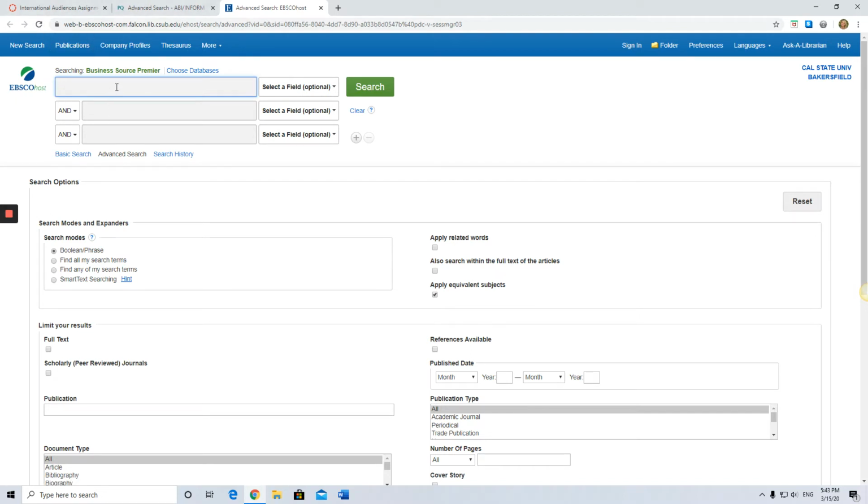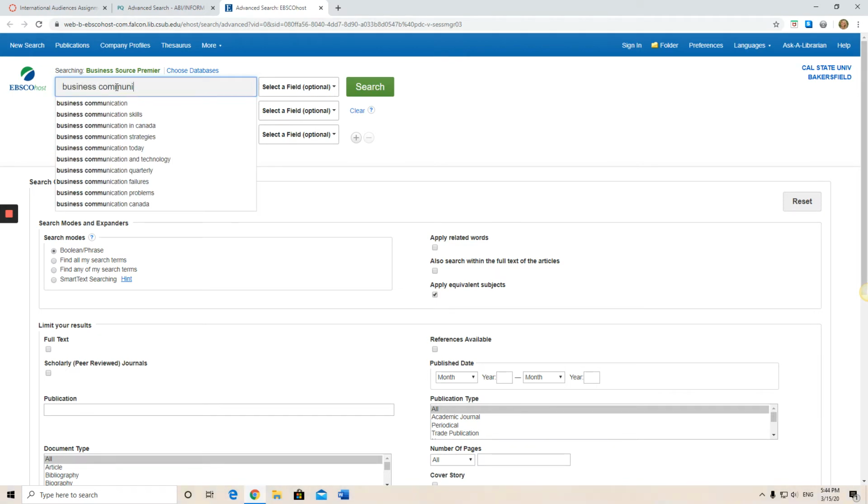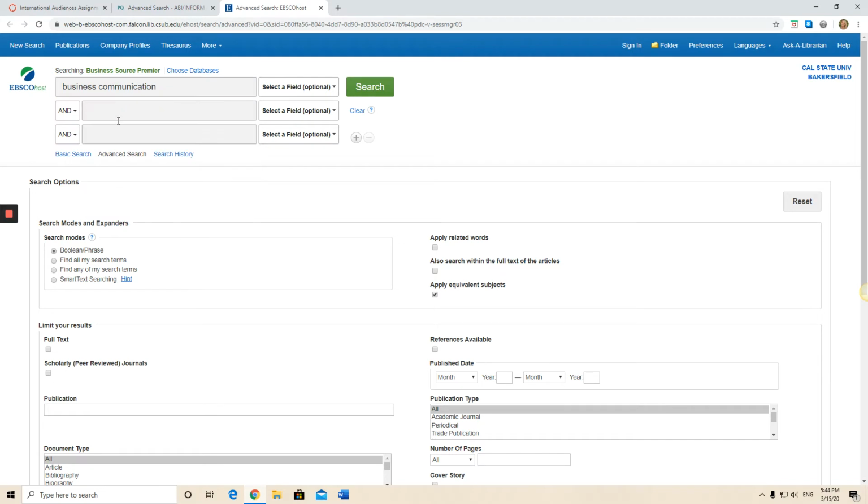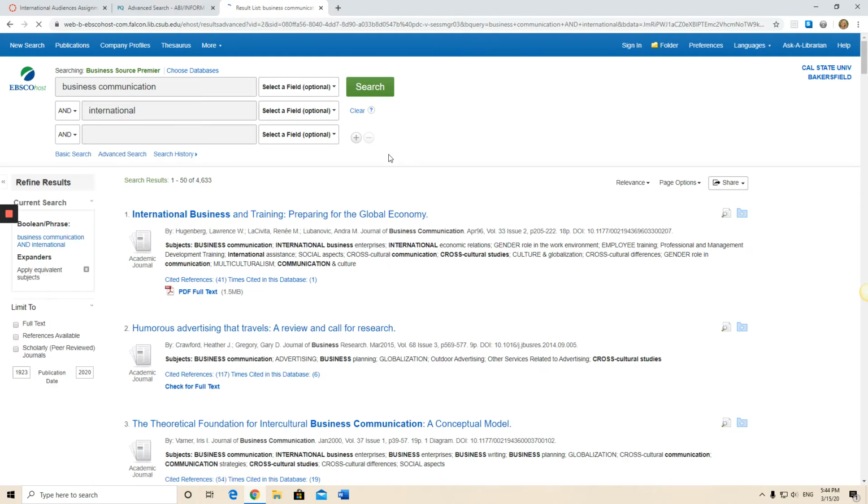Okay, so for just an example, I'll give you some lame, broad terms, and I'm going to show you how to filter those results. Let's just say we were going to do something general like business communication, just to see what comes up, and international. We want to do an advanced search, not a simple search. A basic or simple search would just be one term or one phrase or one word. But we want to combine them with these Boolean operators. So we want something that has to do with business communication and somehow is international. So if we search that and then we get our results,